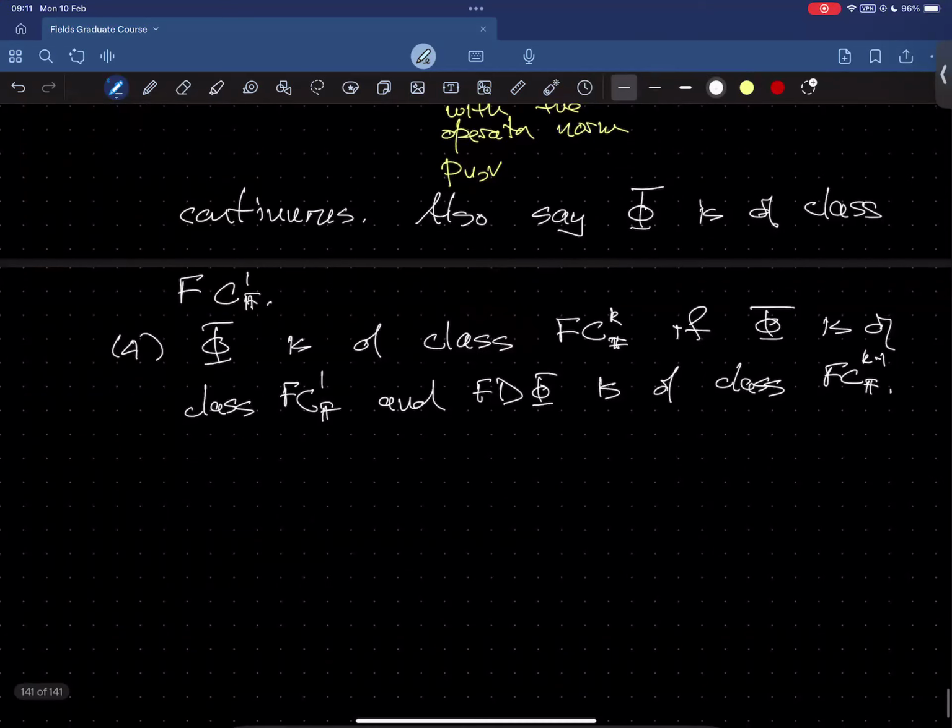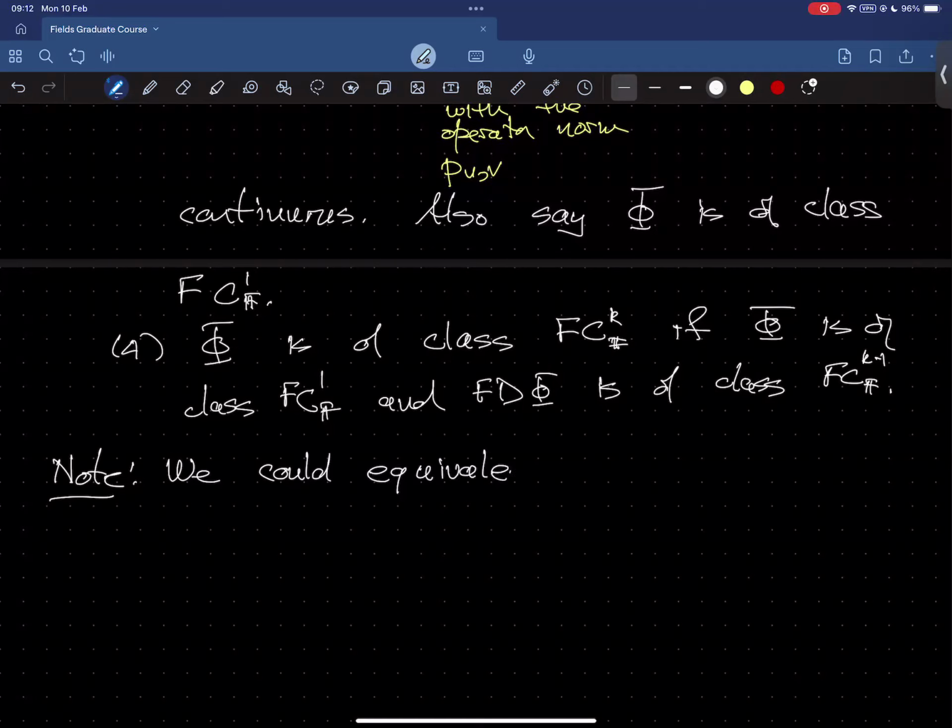All right, so let me just note, I'll make a connection with things that you know about, and maybe also shed a little bit of insight, a different kind of insight into the way you've looked at things previously. Okay, so we could equivalently, and that's not obvious that this is equivalent, that's a theorem, but I'll just state it as a fact here. We could equivalently say